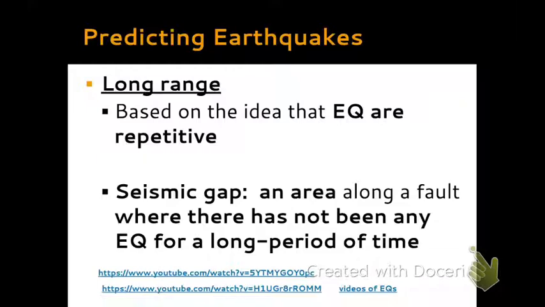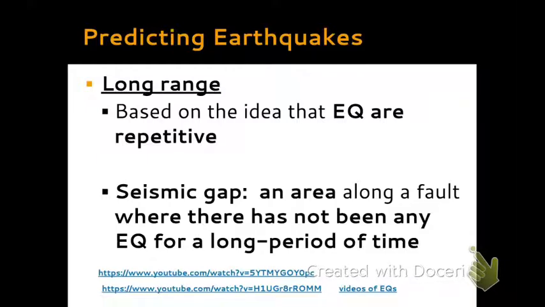We know that earthquakes are repetitive. They occur on fault lines, and the earth is always moving. So because the earth is always moving, that means there will continue to be earthquakes on all fault lines and all plate boundaries. As those plates are trying to move and trying to move, the energy just gets built up for a very long period of time. Now, if you have little bits of earthquakes here and there, that means some of that energy is being released. But like in California, if you have not had a major earthquake in a very, very long time, that means there has been a lot of energy built up, and at some point, that energy is going to snap, and there will be a major